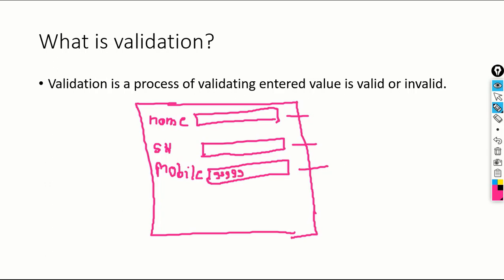Will it accept? No, because digits are 5, but we know very well universally there are 10 digit mobile numbers, okay, so it will not accept. Similarly, if I write name 123, will it accept? No, definitely no, because we know name should be in characters.